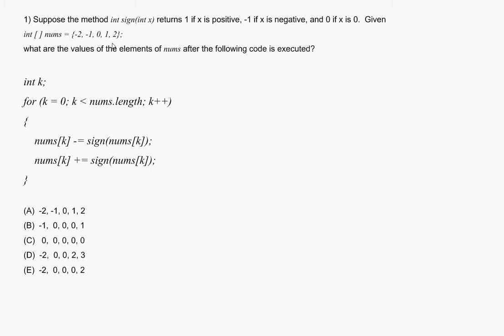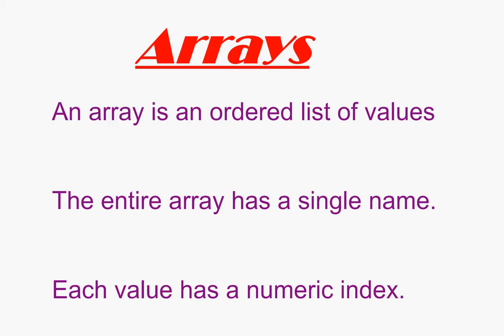Okay, so what do we need to understand? What we need to understand is the topic of arrays. An array is an ordered list of values, and the entire array has a single name. But each value in the array has a numeric index. For instance,